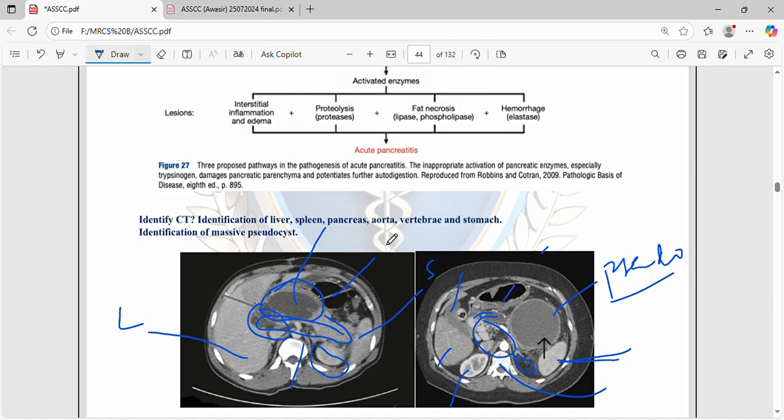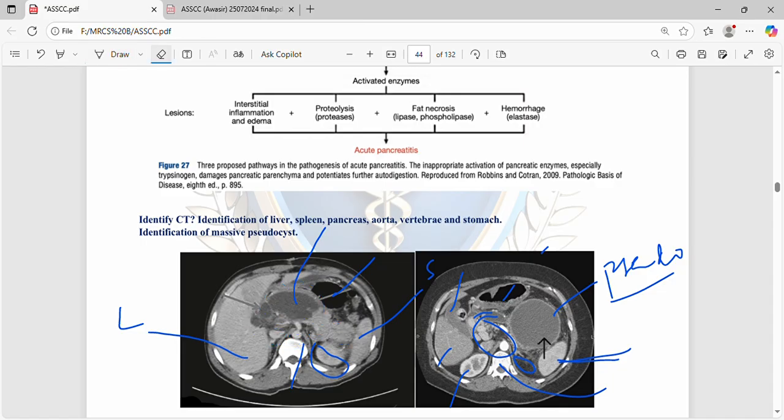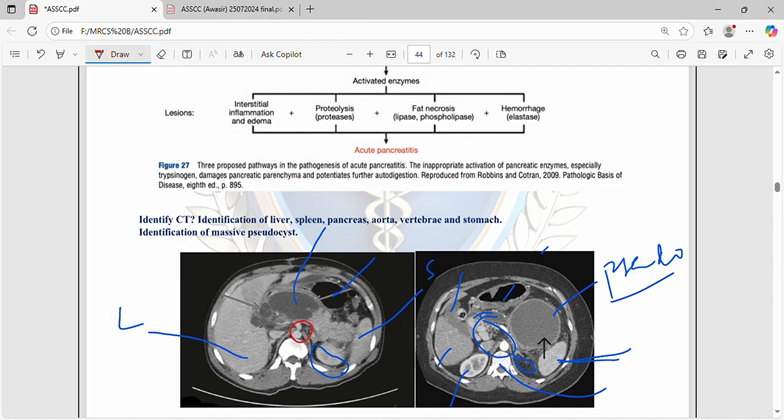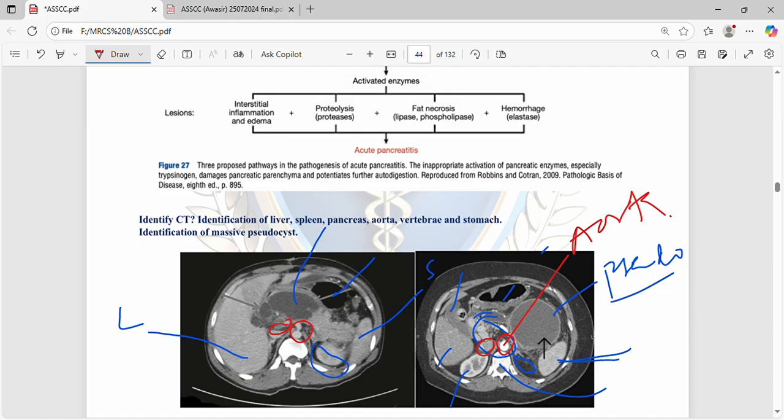So this was about the aorta here. This is your aorta, and the right side will be, let me clear this a bit. So you can say here, most probably this is the aorta because it's small. The inferior vena cava will be on the right side, here and here. Here is the hyperdense abdominal aorta. So moving forward,